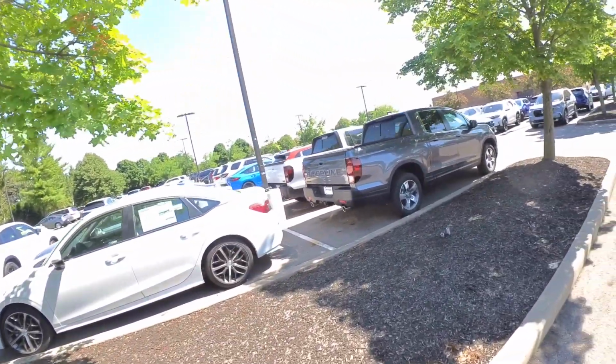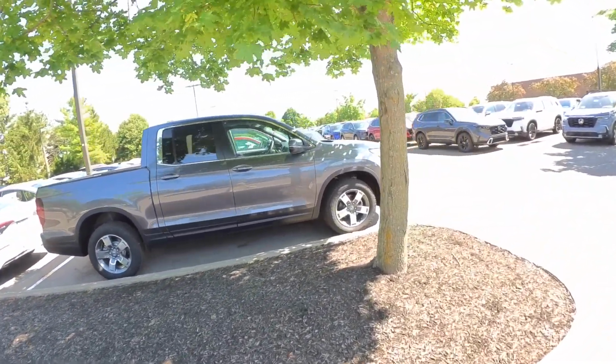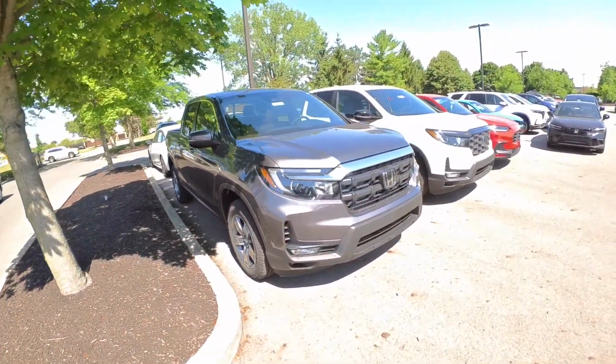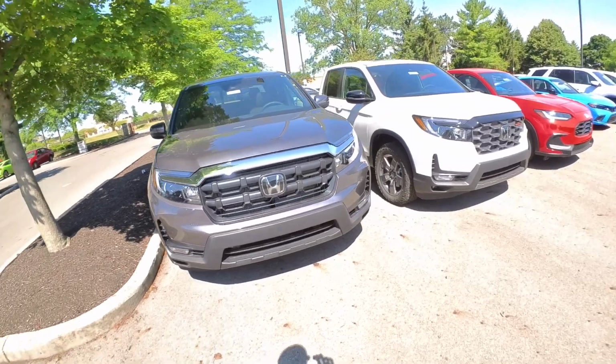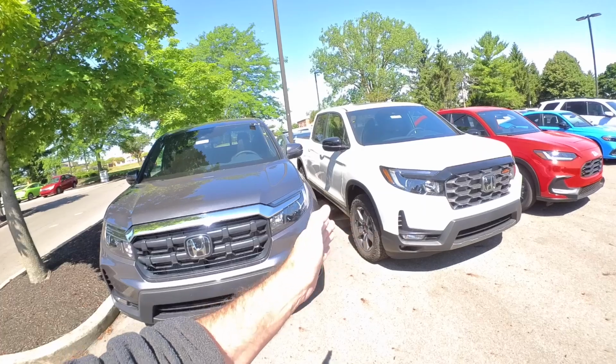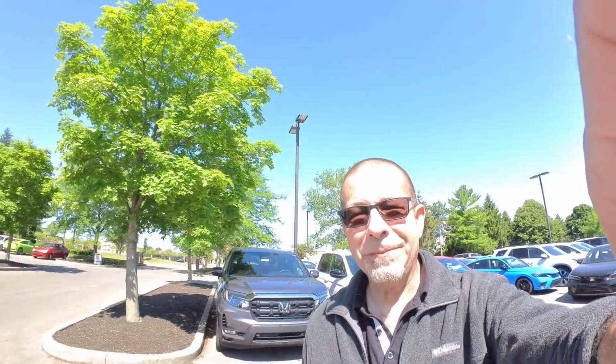My favorite of the bunch, one more quick peek, has to be this Trail Sport that they have. I particularly like the tires on it. Too bad it's in a white color. But I do like the way this one looks. I think if it had a lift on it with a little bit of wheel poke in it, you might actually be able to get a Honda Ridgeline that actually looks pretty good. Anyway, I just happened to have an opportunity here at Germain Honda in Columbus, Ohio. I think we're actually in Dublin or Worthington, I don't know,